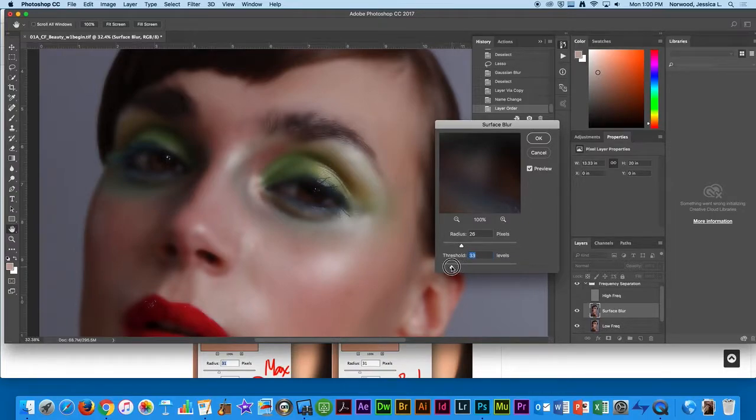I think mine's going to be pretty low, to be honest. Mine might end up being close to where it started, because I'm still getting a little too much in the eyes here. I could take that out, but